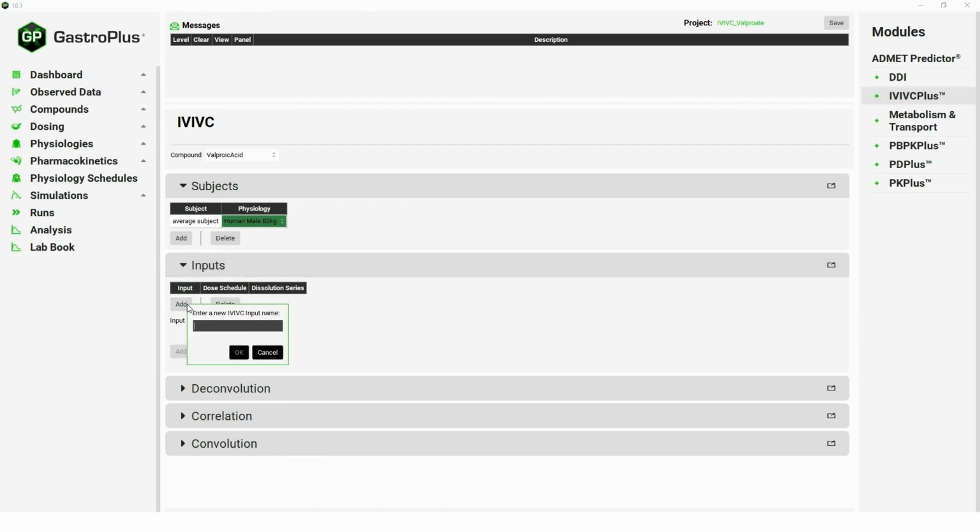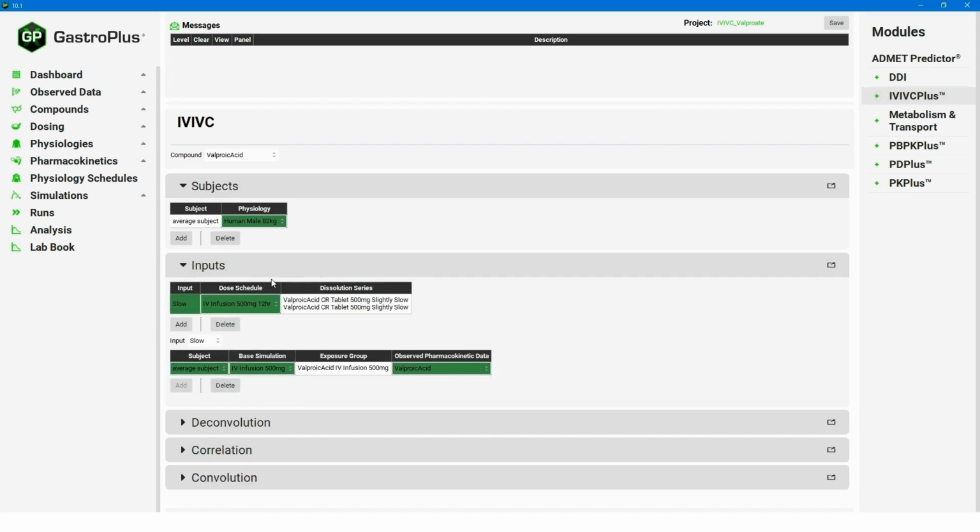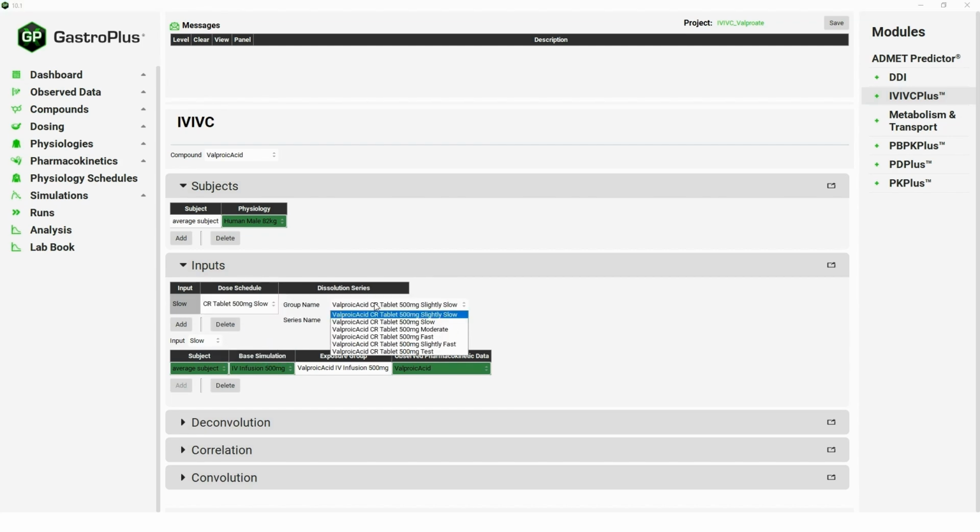So let's click add, and we'll start with the slow formulation first. We'll click OK. We need to set up the dose schedule, the dissolution series, the base simulation, and exposure data or plasma concentration data for this record. So let's just go in here and set the dose schedule to the slow formulation, the dissolution series to the